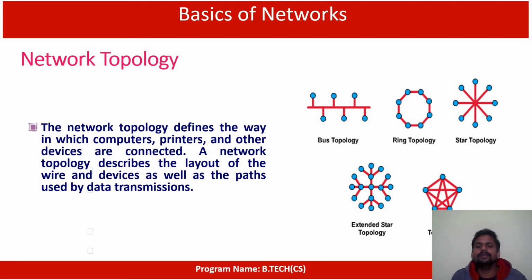And then extended star topology. We can say this type of topology is called a hybrid, because it looks like bus topology, and then ring, and then star also. So it makes the connection as a formation of multiple topologies. That's why we say it is a hybrid one. Here we are not facing that much problem, because if any one system of these connections is affected, then it will try to find another link to pass the information, because it is extending the links.